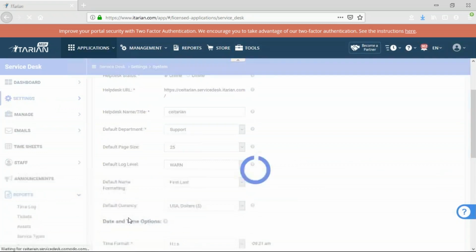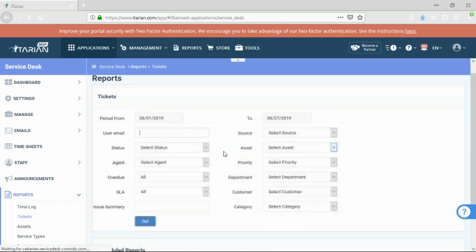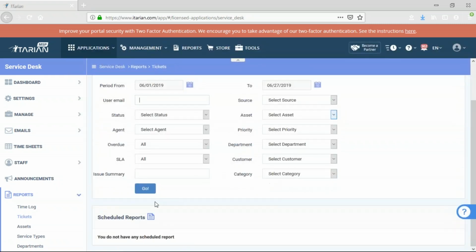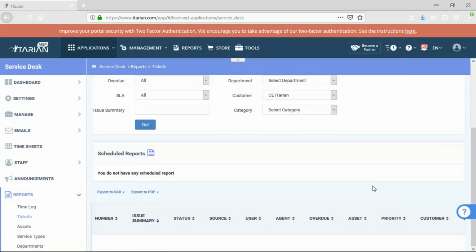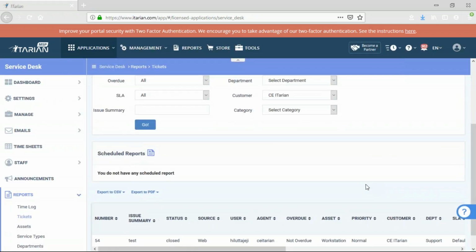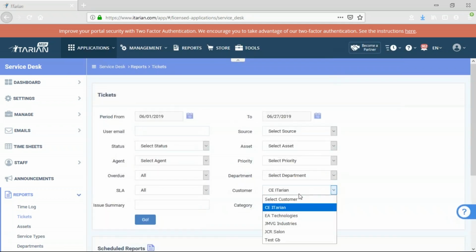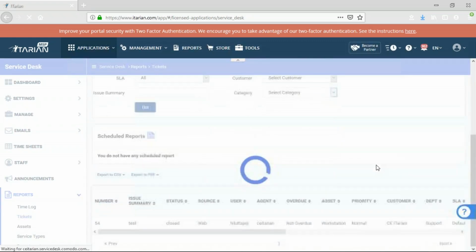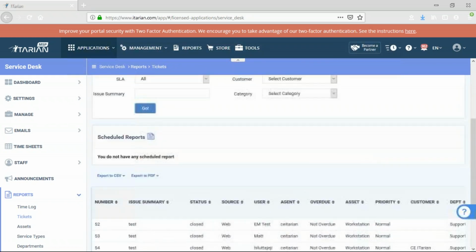Now I can generate reports of the tickets, and from here I can select the filters to generate the report that I want. Let's say I want to generate a report for CE ITarian. Click go, and it will bring me the results down here. Okay, actually let's select all to give me more results. There you go. So you can export this to a CSV or a PDF format, or you can also